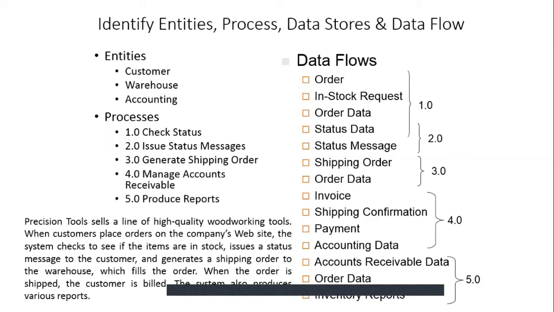Okay, so now let's find the details that are required for the context diagram. Read this sentence. Here it is written that when customers place orders. So in the context diagram, these five processes will be considered one process and the customer will place orders to this process.